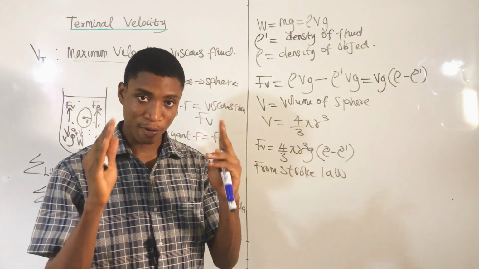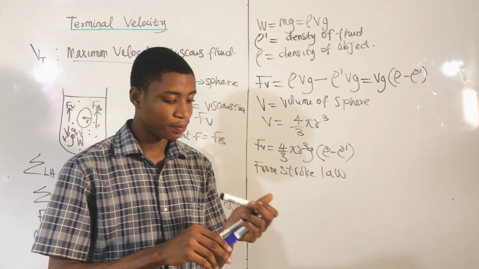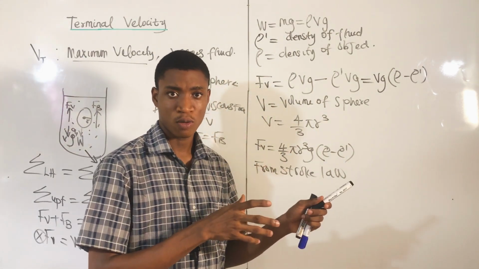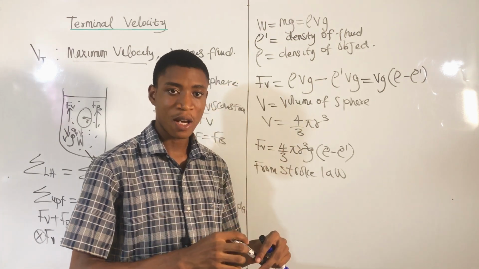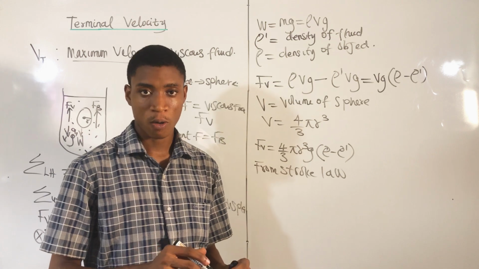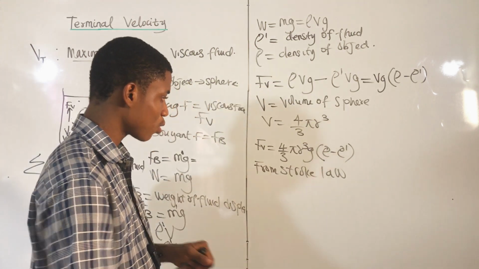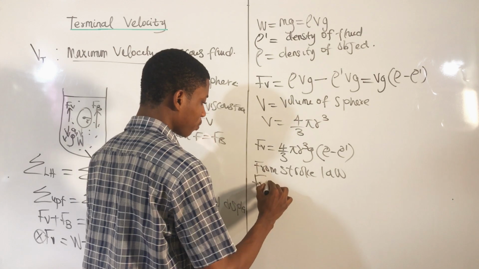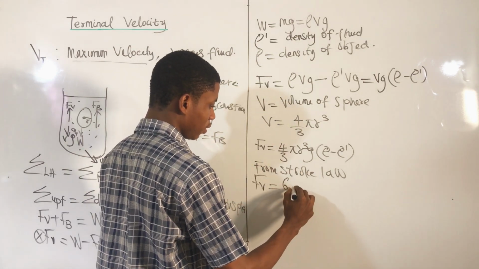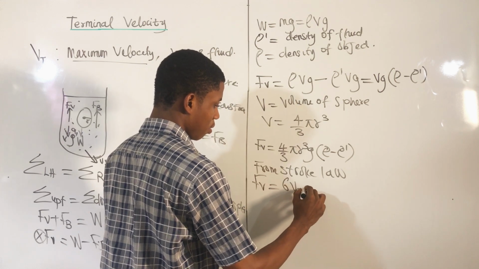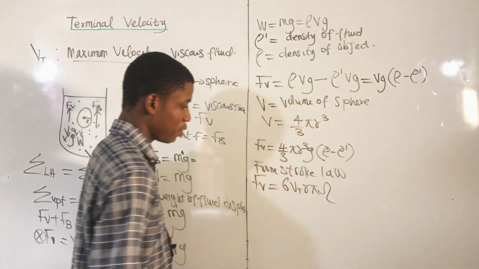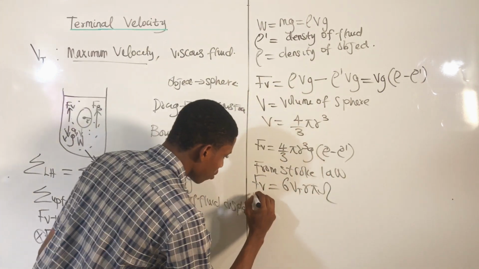It's very important to cram the formula for Stokes' law. Stokes' law is an assumption which was verified using dimensional analysis. From Stokes' law, the force is given as 6 times pi times the radius times the terminal velocity times the coefficient of viscosity. So you should take note that rho is the radius,